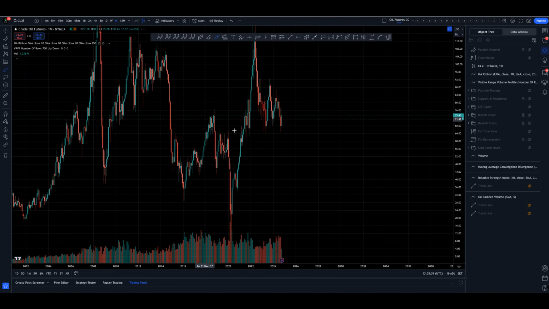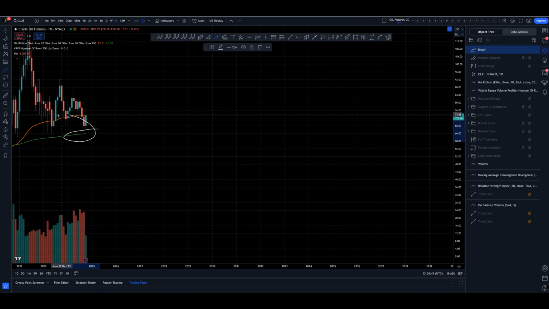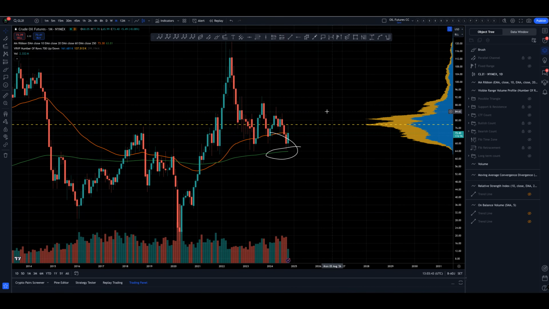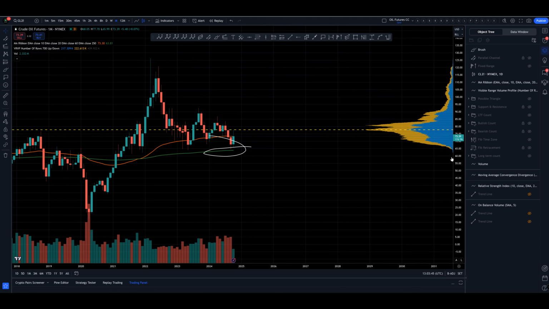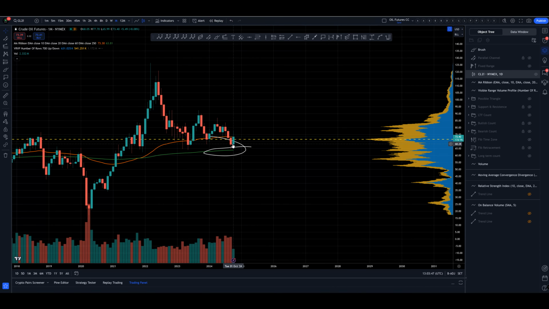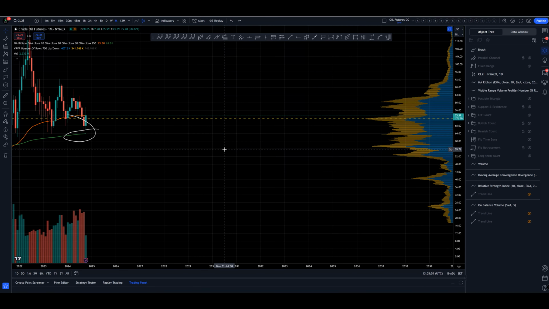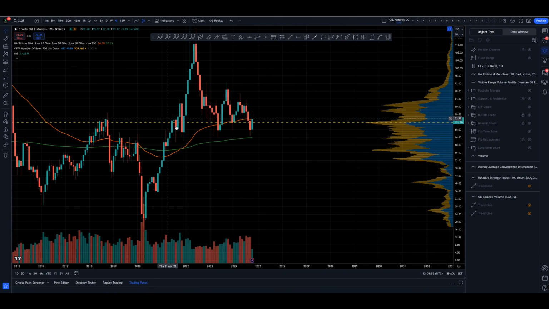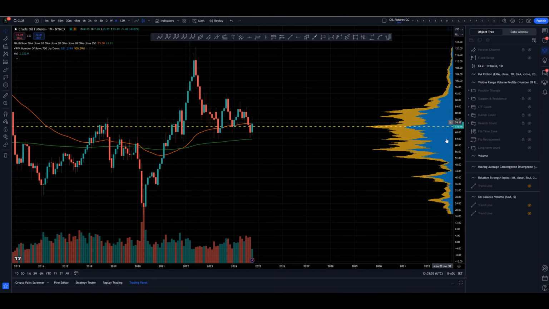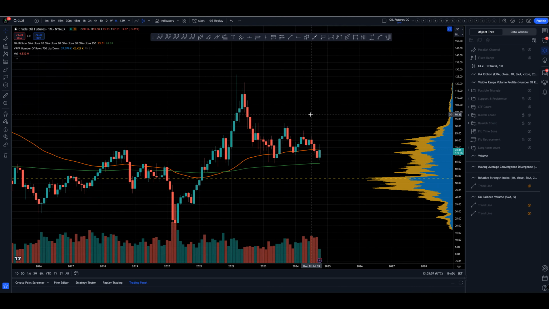On the monthly time frame, we've come all the way back to the 250 monthly exponential moving average. Now, any return to the 250 exponential moving average on the larger time frame, we should be expecting significant support here, and we have it. We have that significant support at the moment, but it doesn't mean it's guaranteed to hold.